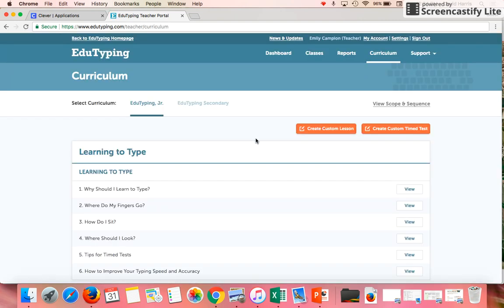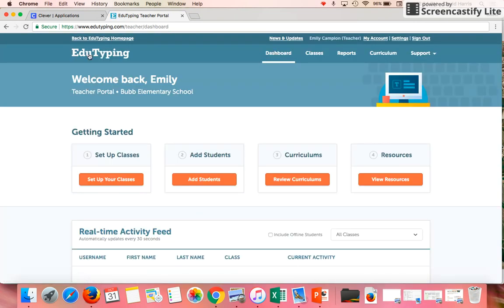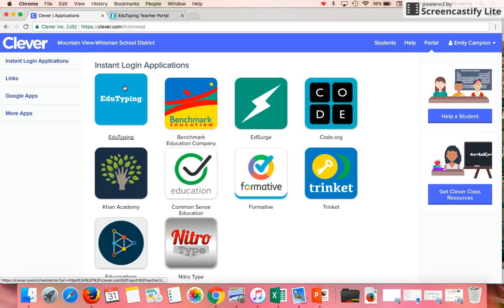You could also have a look at the curriculum if you wanted to see what the kids are working on, or create your own custom lessons, custom tests. So that is EduTyping for teachers. Again, you get to EduTyping through Clever, and then you have some options to kind of check on your students' progress. If you have any questions about EduTyping, feel free to email me at